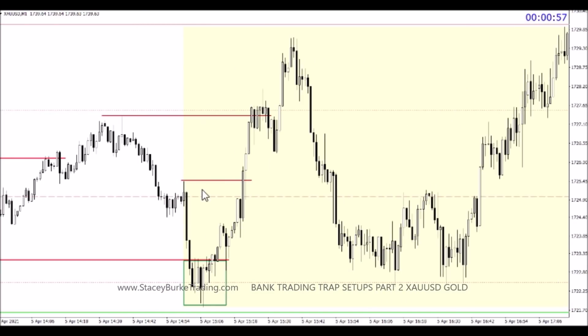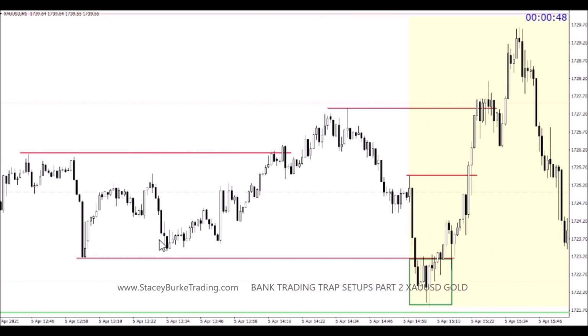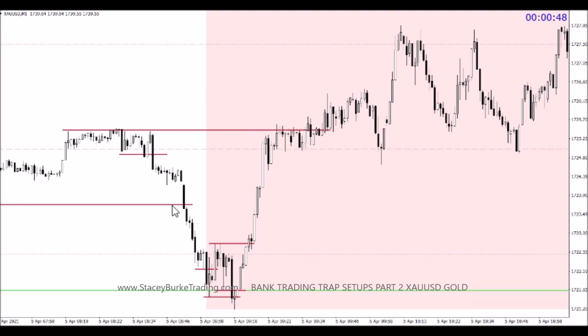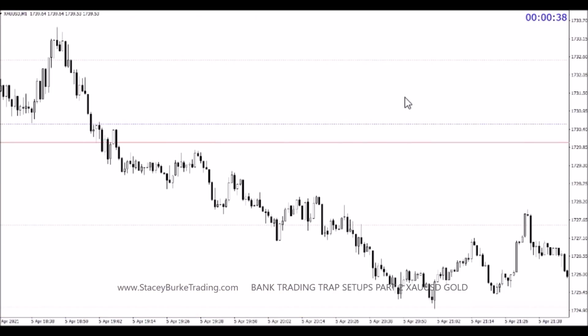In the US session, we had the low of the day, low of the session, low. It took out the London session lows, but in the London hour, we had low of the day. They triggered other time frame traders into the market. They extended out for a second hit and then reversed it for 50 pips. In this particular setup,